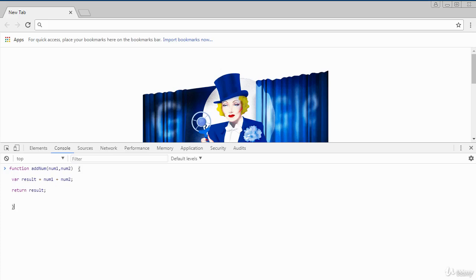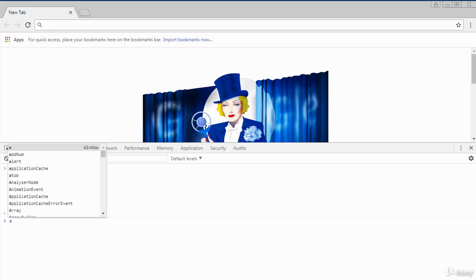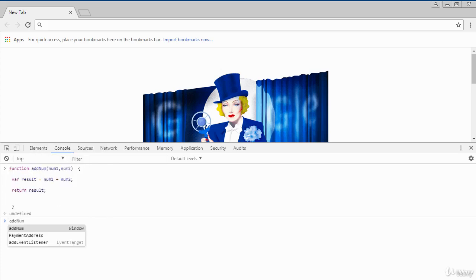So here I have defined this function called addNum. Now to invoke this function, now that I've created it, all I need to do is call the function by its name, which is addNum, and then you must add the parentheses, and then I'm going to pass it two values because I've got two arguments there. So if I say 10, 20 and I close the parentheses and I press enter, that will add 10 and 20 together and give me